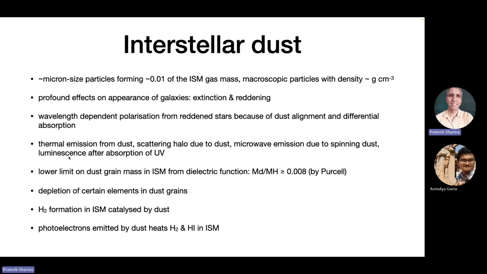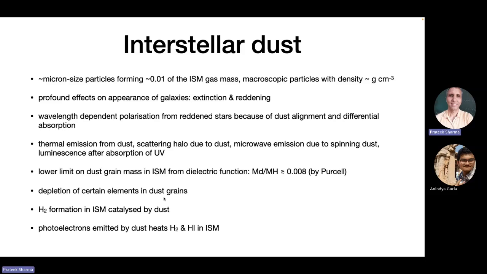Dust can also shine due to luminescence. Luminescence is like phosphorescence. You absorb a high energy photon, and the molecule, or whatever the dust is, excites to a metastable state and then produces a low energy photon after that. There are some minerals which also show this property. So the point is that dust has a lot of complicated processes associated with it, and they are also important.